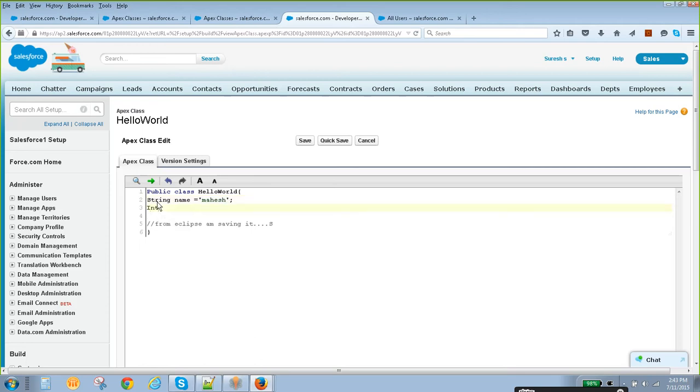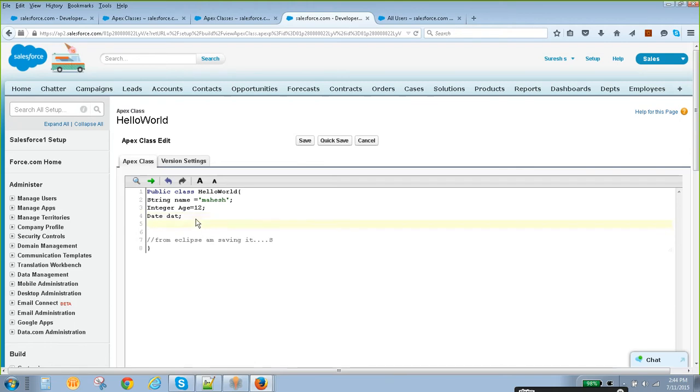If you want to declare an integer, this will be the data type for the integer, correct? This is a variable declaration. A variable holds a location where it keeps temporary data. This is the way of declaring a variable. There are many data types, like boolean, date, timestamp, and many more. I will show you the documentation.